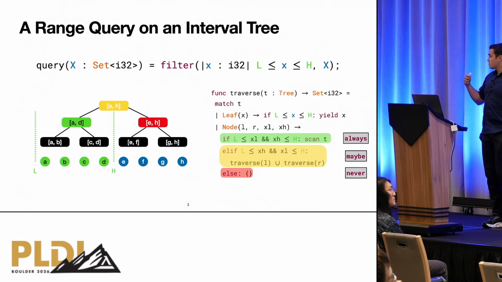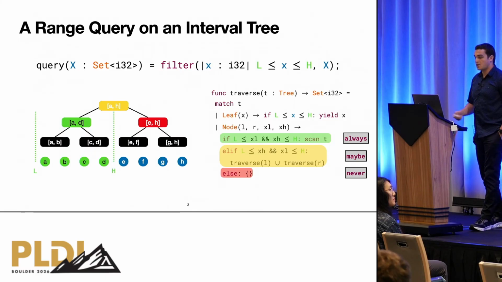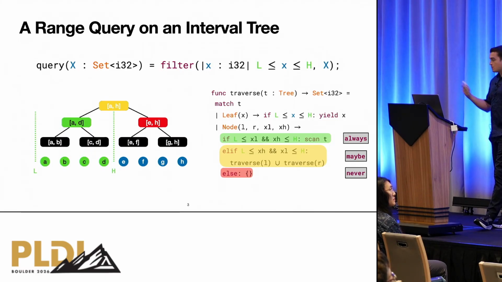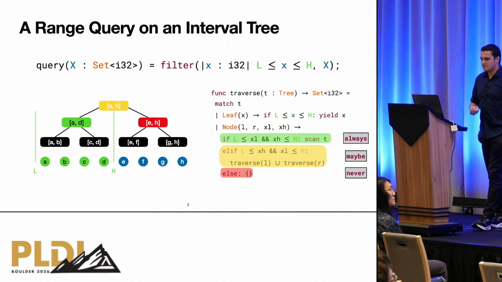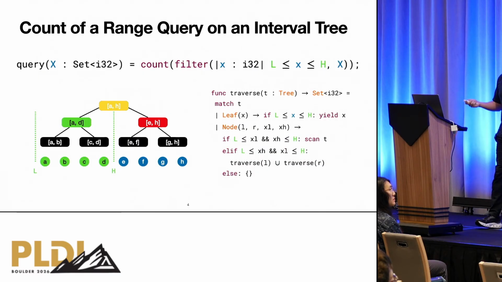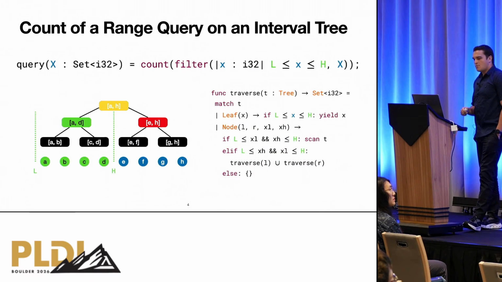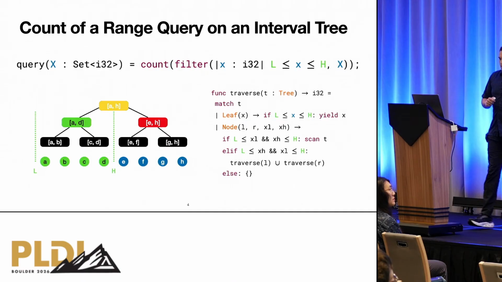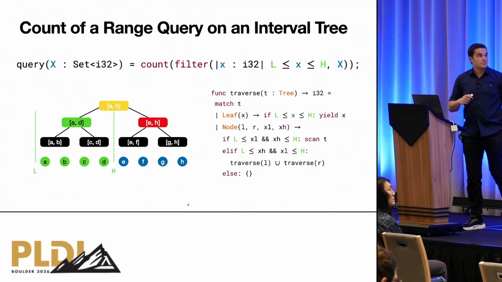And this is the general structure of using a tree to accelerate a query, specifically an augmented tree. But filters and range queries are not the only things that you can accelerate. So suppose I wrap the filter in a count operation, which is fairly standard in a database system. We can take the structure of the filtered traversal and use it to compute the fused result of the count of the filter. And so what that looks like here is we change the return type to be a simple